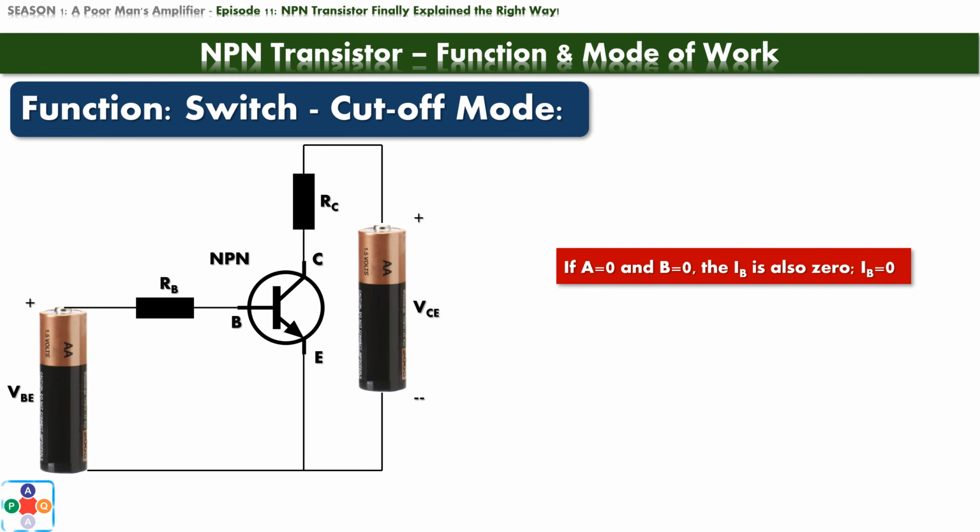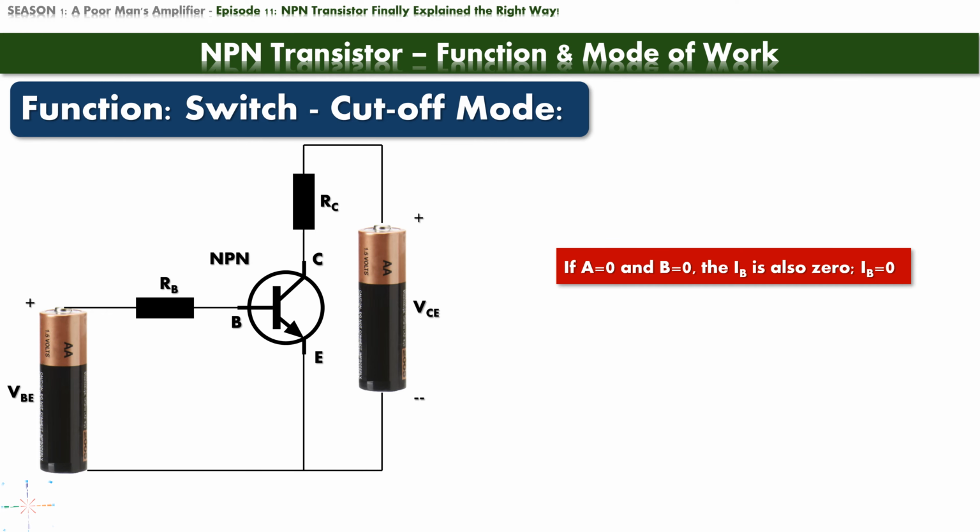Now, chasing those predetermined values of A and B for the base current is a colossal exercise in futility. When we want the transistor to be in cutoff mode, we do not want any current flowing into the base terminal. So, for the purposes of sanity, and for all other purposes, when we want the transistor to be in cutoff mode, then the base current is equal to 0. There is no more to it than that. If the base current is 0, then our transistor acts like an open switch in the